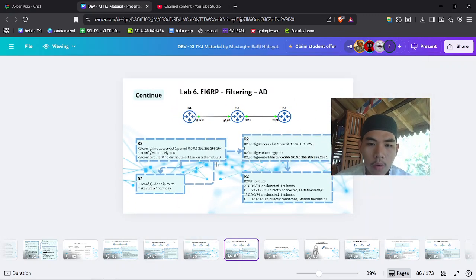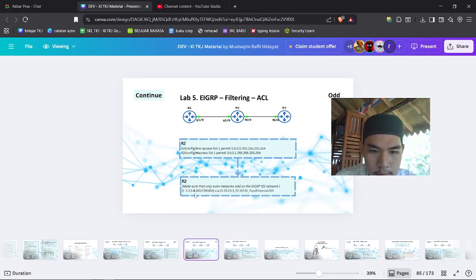And in this lab now, I'd like to change the administrative distance to unknown, or 255. So this will make the routing table like this, not like this.